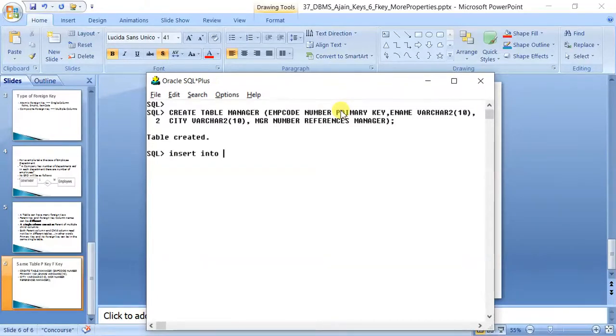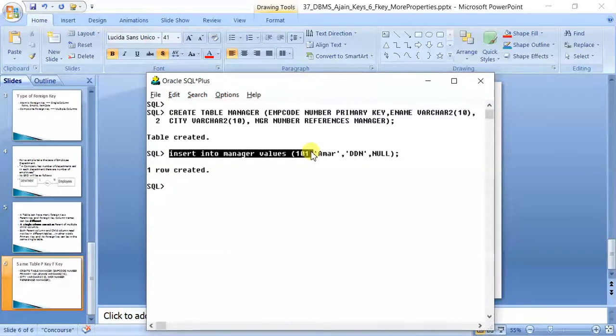Insert into manager values 101, name, let us say Amar, Dehradun. This is the first employee and there is no other employee code as manager, so we can leave it blank. Row created.